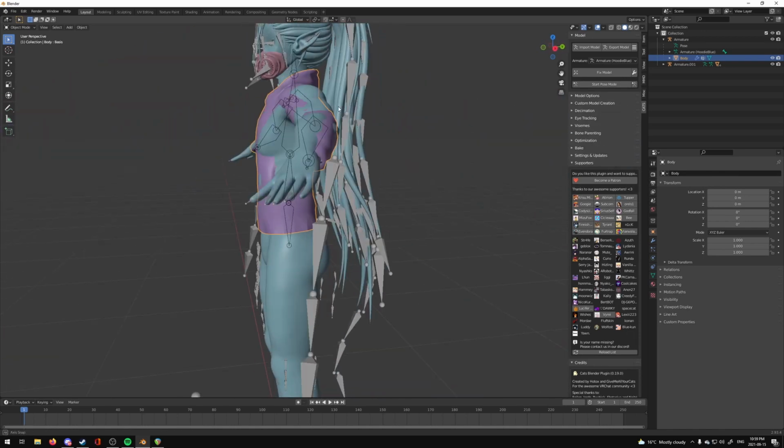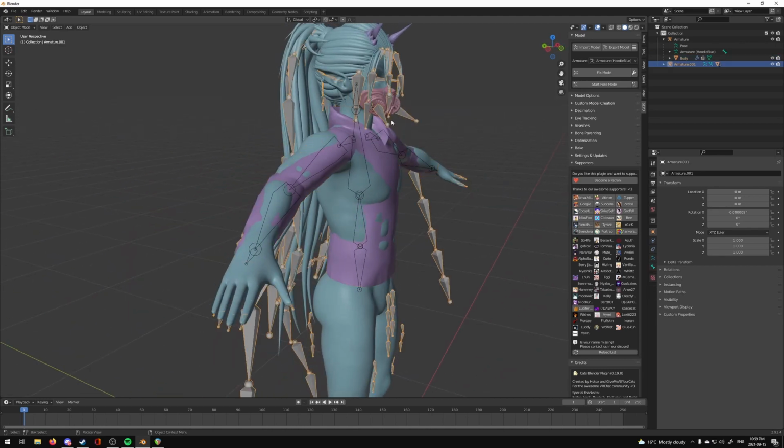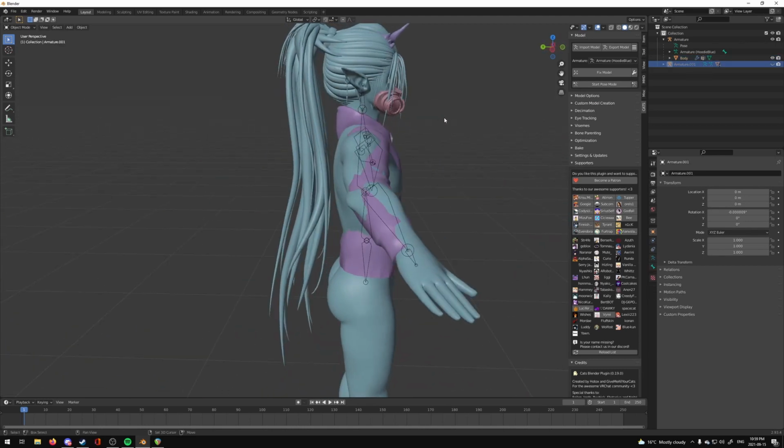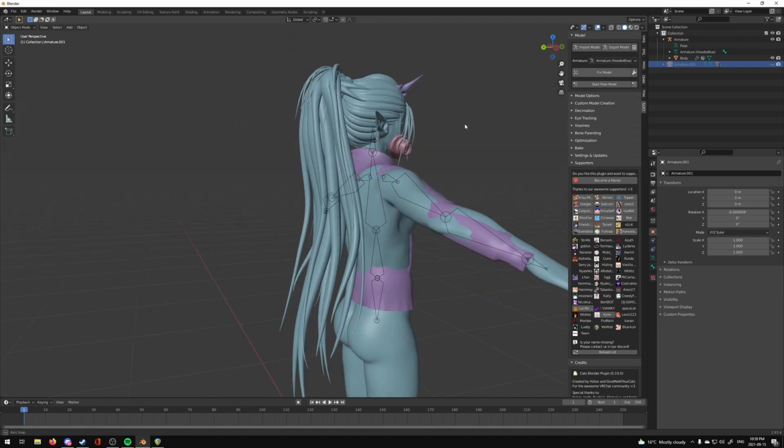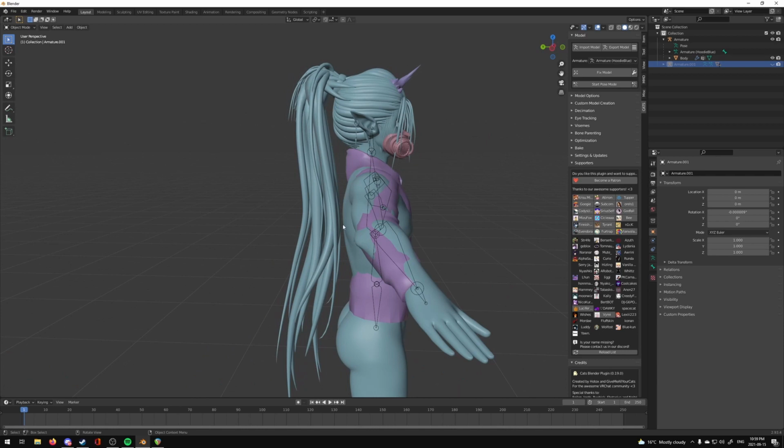Okay, what do we do next? Well, we need to fit this. One thing that we have that is not particularly nice is this ponytail. I don't like how it's here, and I don't think transferring weights from the ponytail accidentally is going to be a very good option. So the first thing I'm going to do is I'm going to slide into the DMs